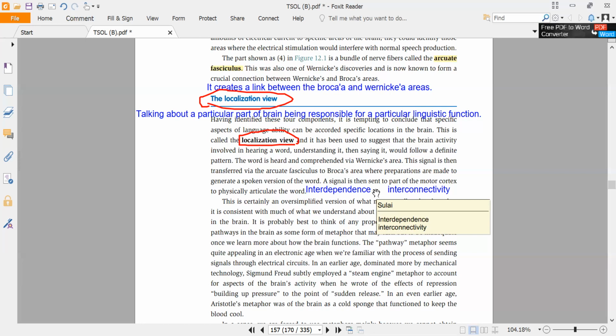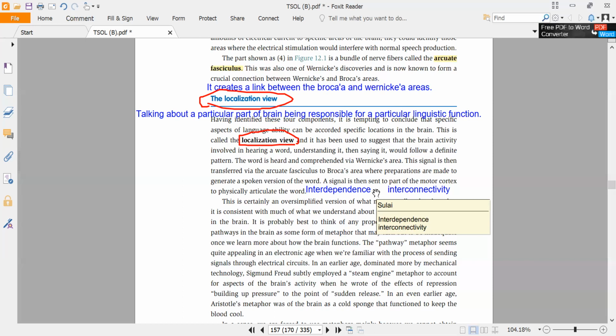Because if you look at the production of speech, or the comprehension of speech, during these processes, there is the central nervous system. If you look at the central nervous system, the entire nervous system plays its role, right? All the nerves are involved in one way or the other. Some are involved more, some are involved less than others, but they are involved in one way or the other, right?